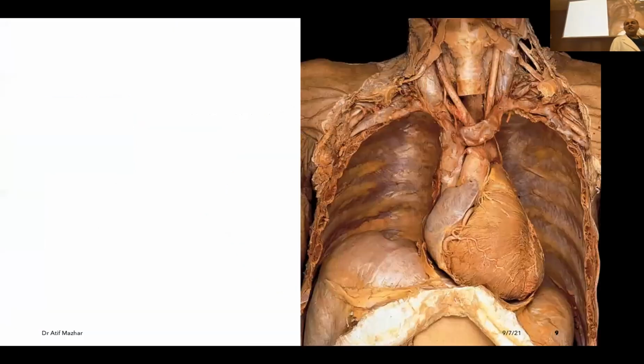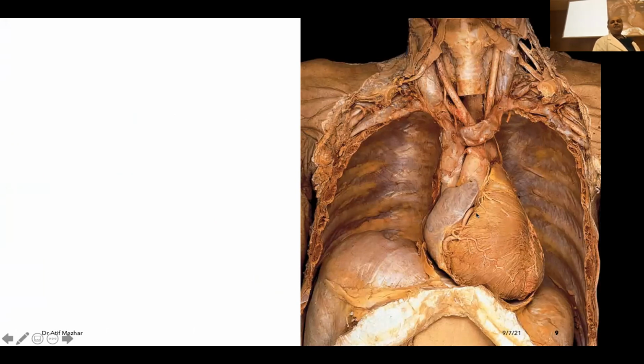Now, this is a real heart on a cadaver. This is a real picture, no fabrication, no drawings, a real image. The lungs have been removed. You can see the thoracic cavity. You can see the heart coverings have been removed. And this is the diaphragm. Look at it. The liver is pushed almost into the thoracic cavity. On the left side, there is the stomach. But this is more coming within my thoracic cavity, from where we have removed the right lung, and this is from where we have removed the left lung.